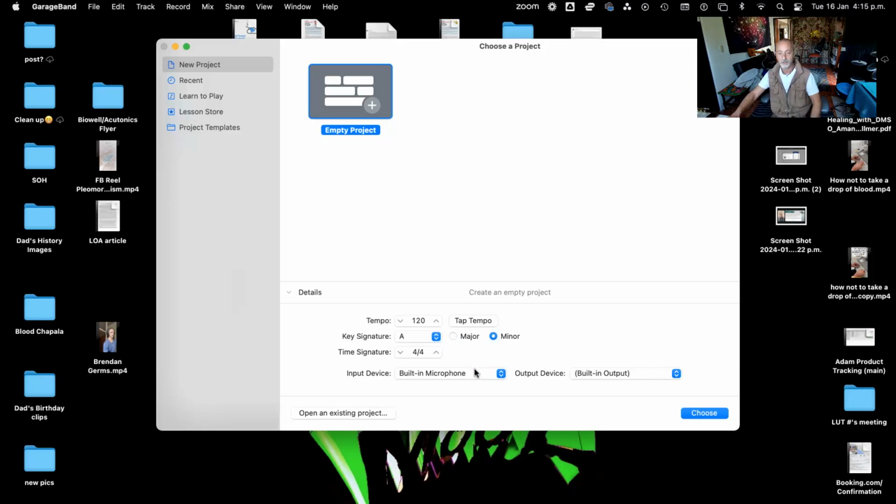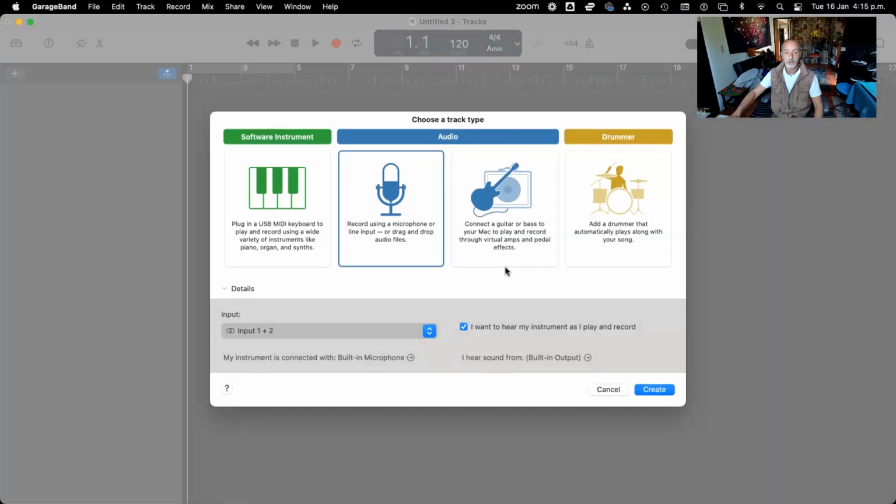A minor. Using my built-in microphone right now, built-in output, because I want to show you just how simple it is with the built-in microphones and outputs. So choose, here I go. Now, first thing, it's going to ask me what I want to get into this whole experience. Right now, I'm going to start with guitar,